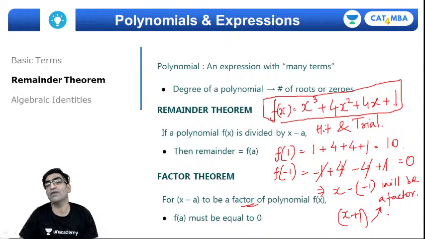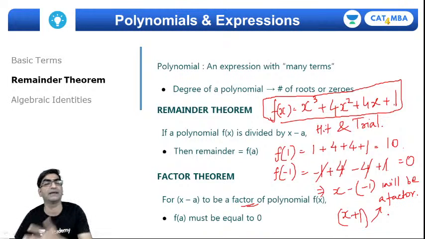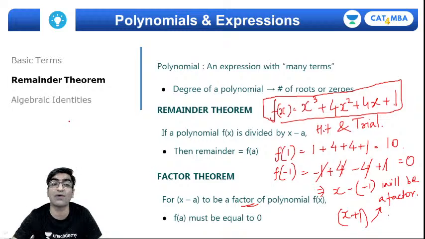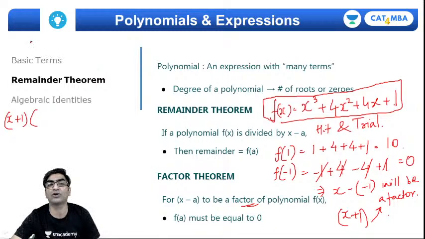Right? Now that I know a factor, you can generate the other factor by dividing the original polynomial by x plus 1. If you do the division, you will get a second factor. This is how I do it though. I'll write x plus 1 and I'll say, okay, I want the other factor. But let me write on top what I want, x cube plus 4x square plus 4x plus 1. This is what I want to finish with. With x I want to make x cube, clearly I should multiply with x square. But as a consequence, this will make x cube,